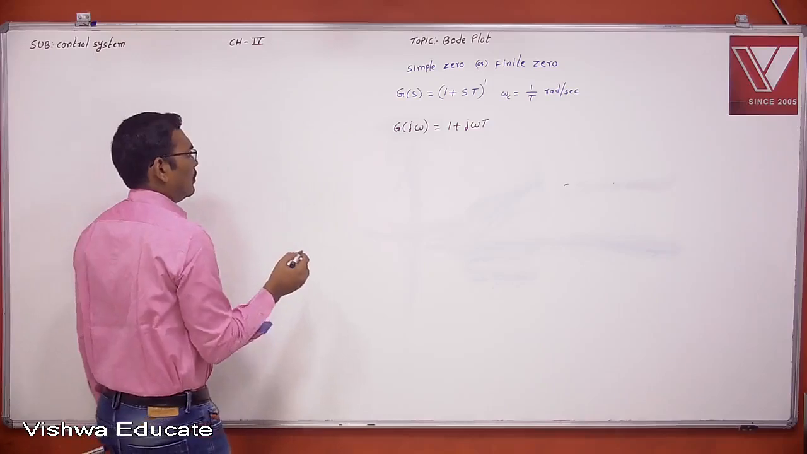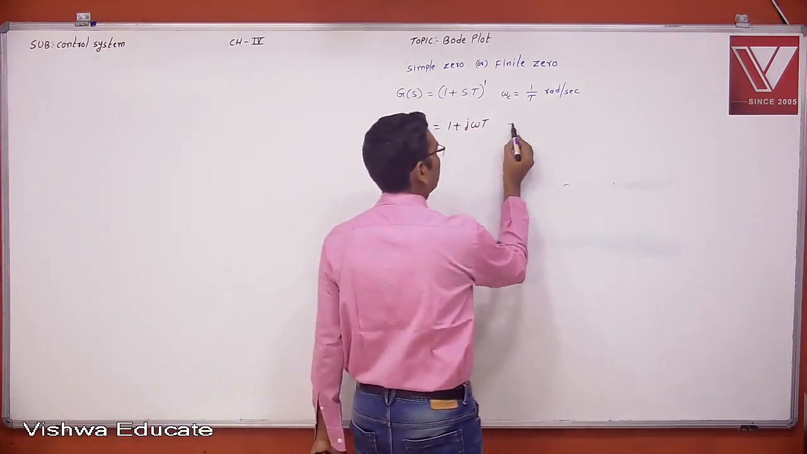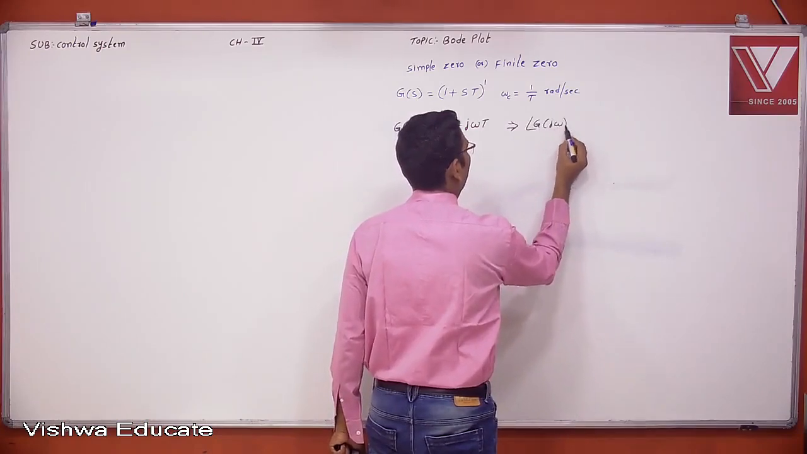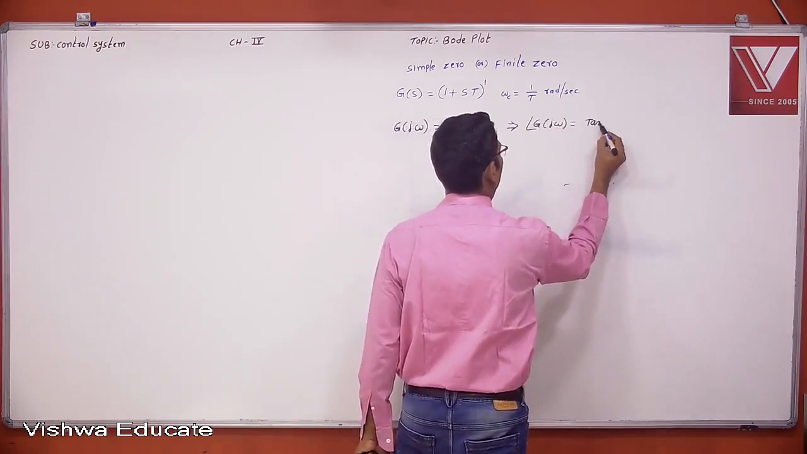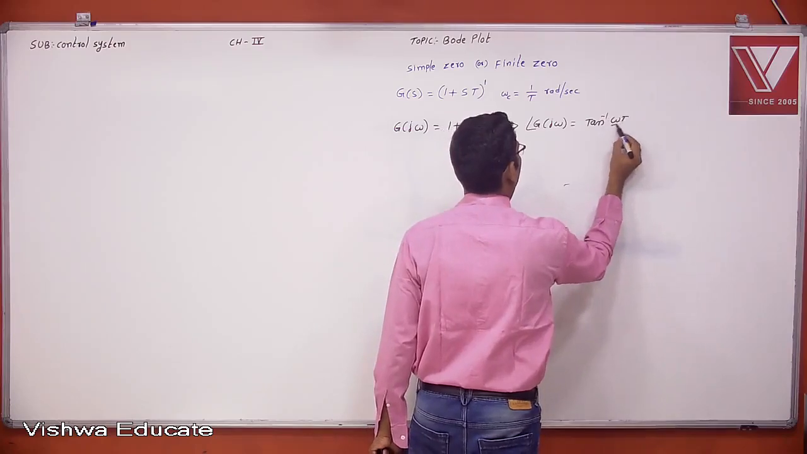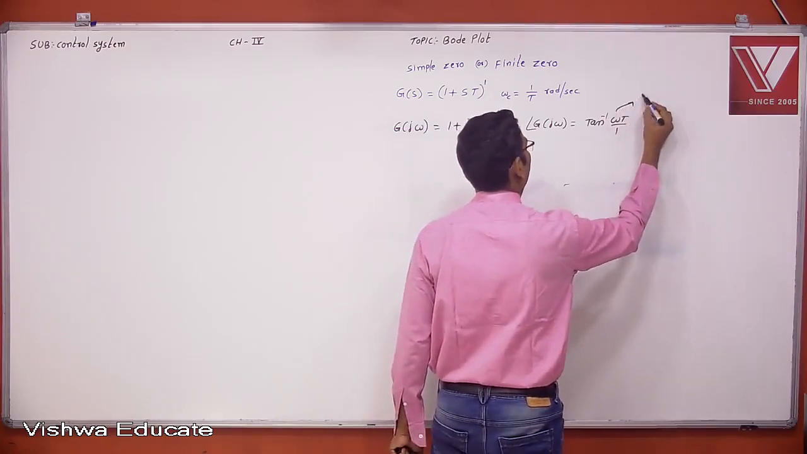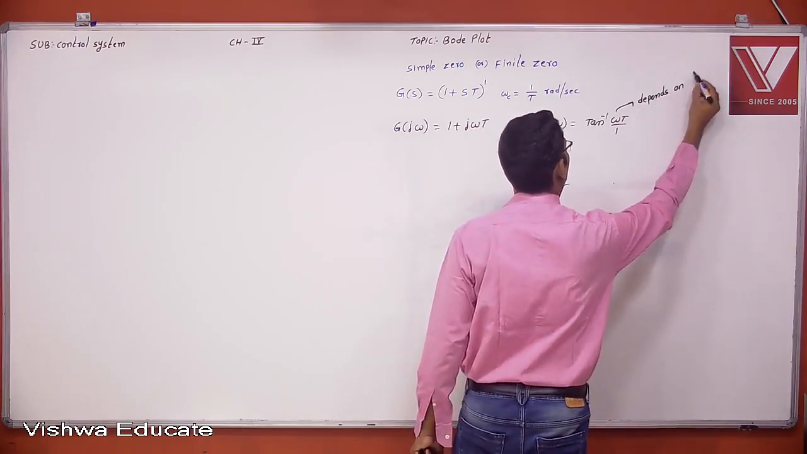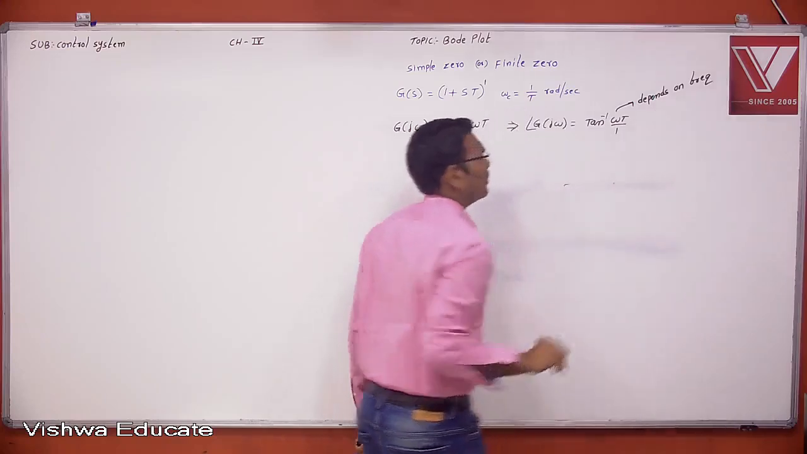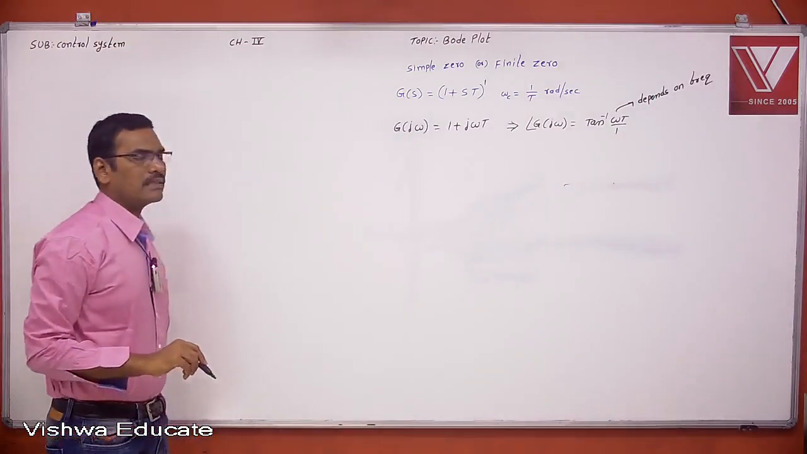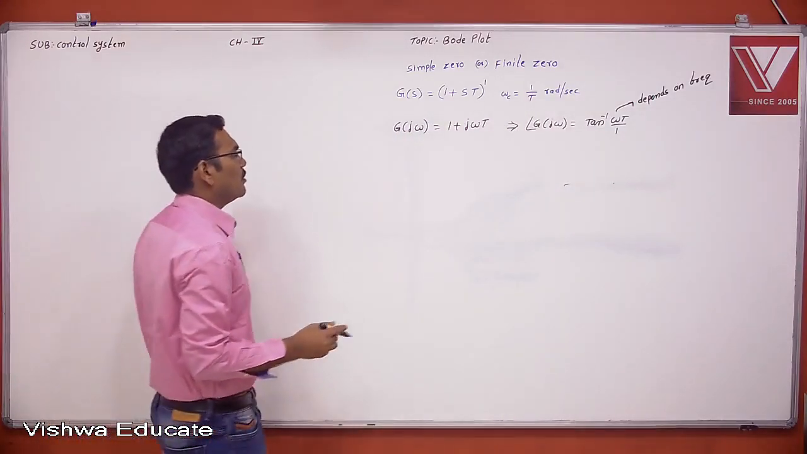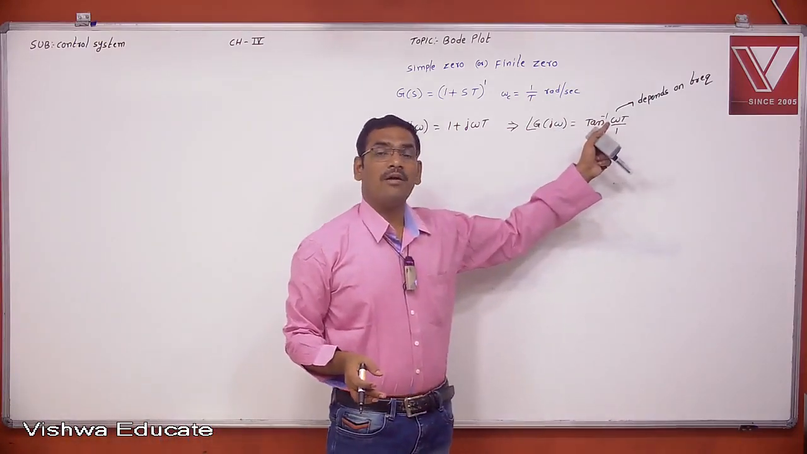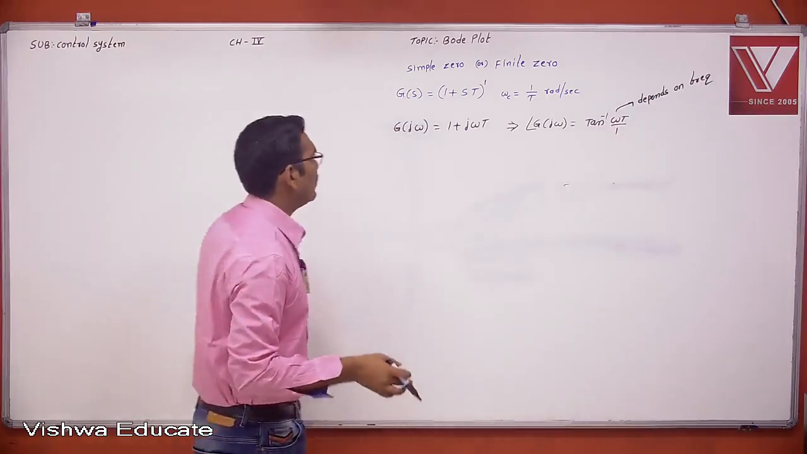Now the actual phase is completely dependent upon the frequency, tan inverse imaginary part by real part. The actual phase is completely dependent upon frequency. So it is not possible to find the phases by substituting all the frequencies, right? Now that's why